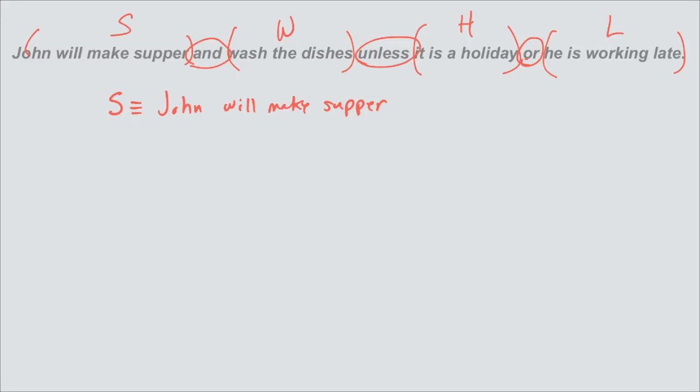And again, this is necessary when the letters aren't defined. You're going to have to say what it is. In many cases, if there's assignments, in fact, if you're given, for example, a paper where it's easy for you to simply put parentheses and letters above, that's fine. When that's not the case, you do have to sort of write out the simple sentences so that it's clear which letters represent which statements, and that way I'll be able to determine whether or not you've done the proper translation. So wash the dishes, well, it's actually John